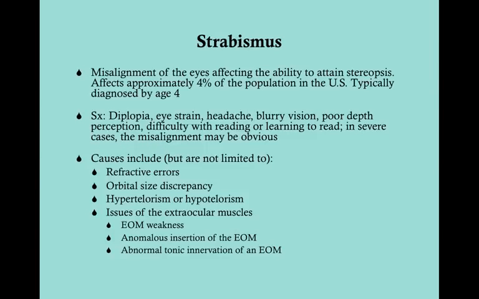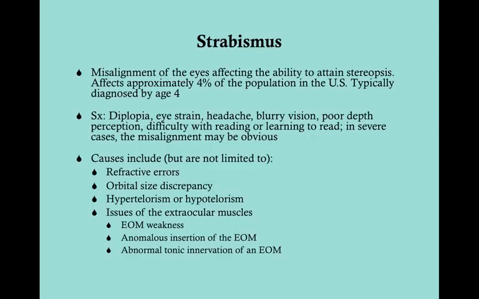So strabismus is a misalignment of the eyes that affects the ability to attain stereopsis, and stereopsis is forming an appropriate image relative to what's around you. And this affects approximately 4% of the population in the United States. Typically, it's diagnosed by age 4. Remember that at 6 months of age, the baby should have their first ocular exam,